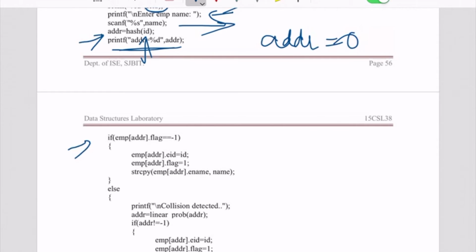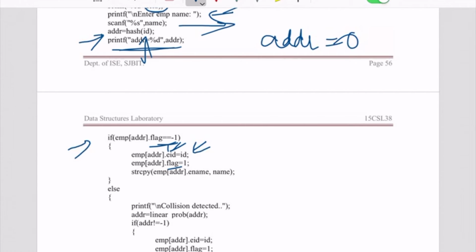Now we look at the 0 row and check if the flag value is -1. As you remember, we have not inserted anything into the hash table, hence this condition is going to be true. We take the ID that was entered by the user and store it in the EID field of the employee array.